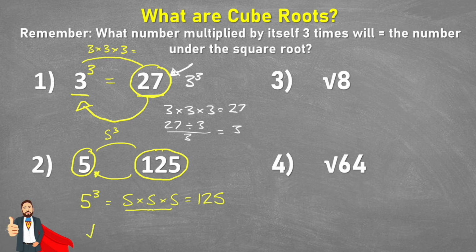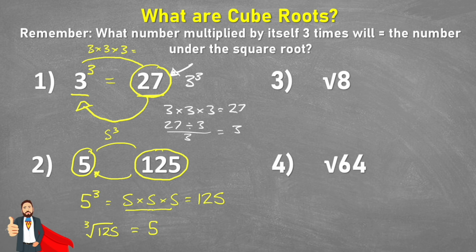And we show that with our cube root of 125, and we put a little 3 here to show it's the cube root. So the cube root of 125 is 5. So what we're essentially asking is, what number, when multiplied by itself 3 times, will give you the number underneath the cube root sign? So if we look at these two examples here, question 3 and question 4,